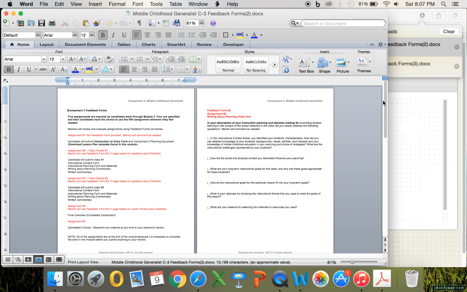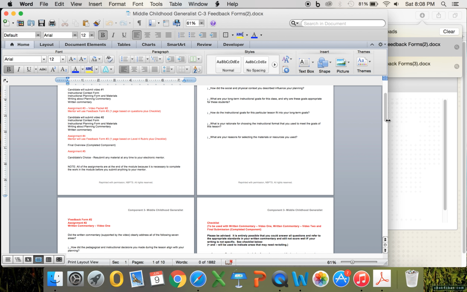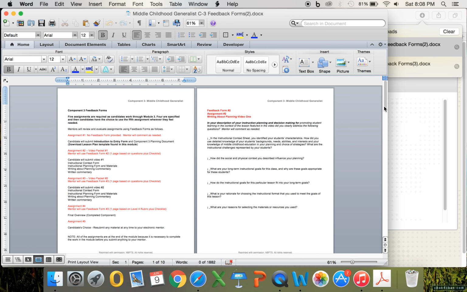All components begin with the candidate sending you a planning form, because if they are online, we don't want to take the chance of them going the wrong direction to begin with. So we want our mentors to see what you are planning on doing and give them some guidance. Here are your feedback forms, and these are the questions, but it's broken up by segments based on the